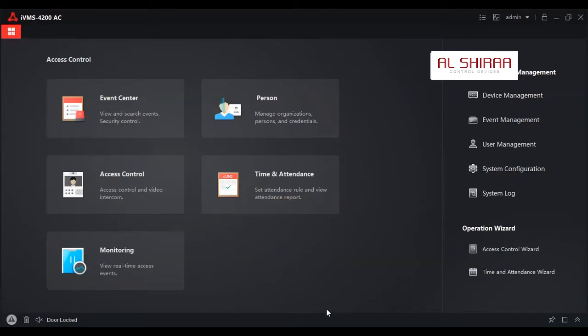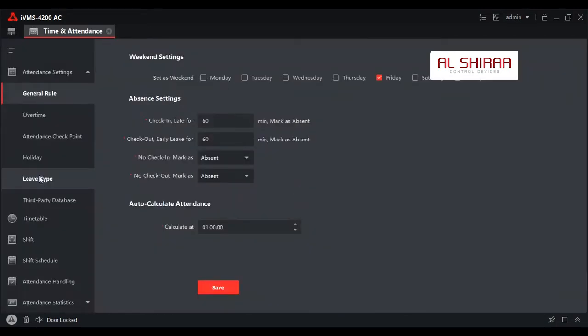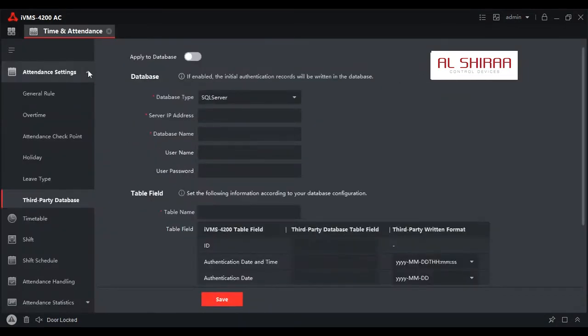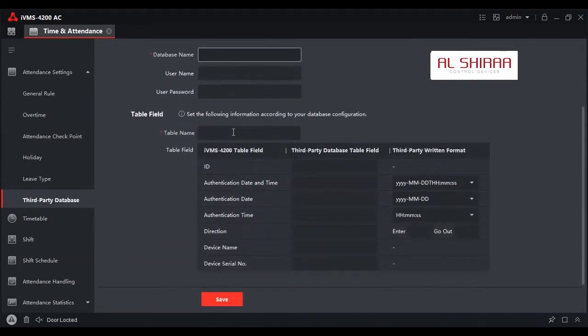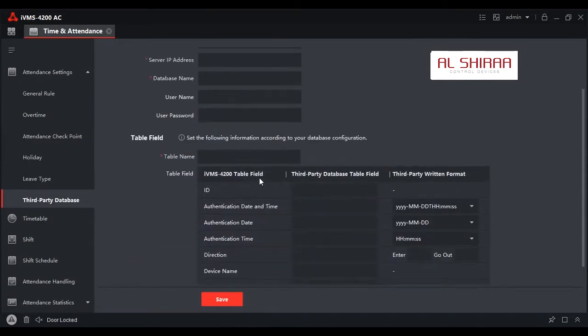Hi, in this video we'll be seeing about iVMS 4200 AC and SQL Server integration. So I have opened my software here. I'll click on time and attendance and I'll click on third-party database under attendance settings, and we have to fill in all these details. So we have to make sure that on our SQL Server table all these columns are